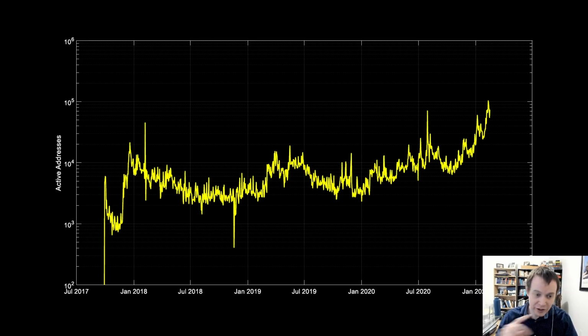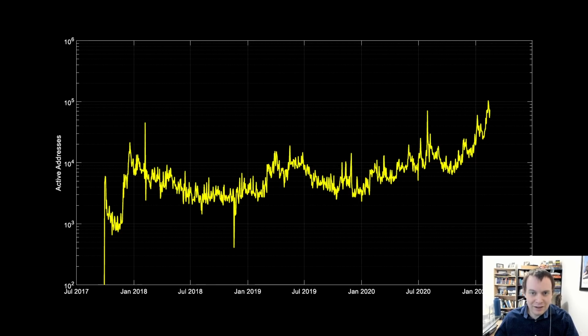So the first chart shows the number of active addresses versus time, and this is on a logarithmic scale. And it's because of these types of on-chain metrics that I really am and remain bullish on Cardano. I mean, I was bullish at 2 cents and at 10 cents, and I still remain bullish at 90 cents, though obviously the risk is a lot higher today than it was just a year ago.